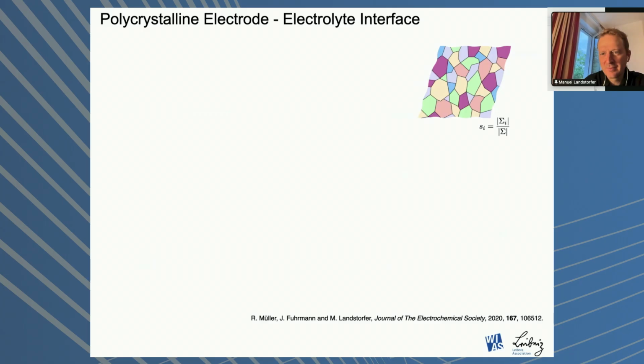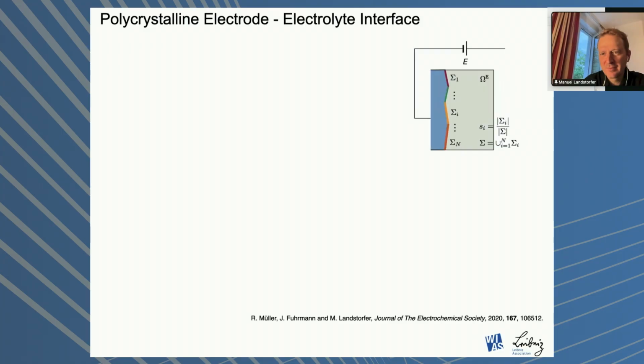And a nice, let's say, straightforward, also mathematically nice extension is towards polycrystalline electrodes. So everything I have told you until now was for metal electrodes, which are really atomically single crystal electrodes. And now we want to discuss an electrode which consists of various facets, here in color, which you just label by indexes i, and we can apply a global voltage E of this polycrystalline metal surface with respect to some electrolyte, and do again the same thing.